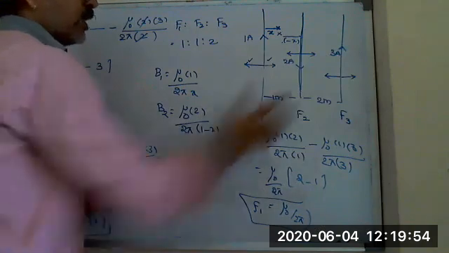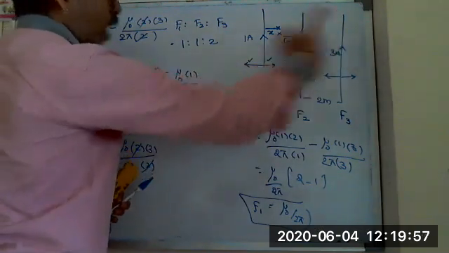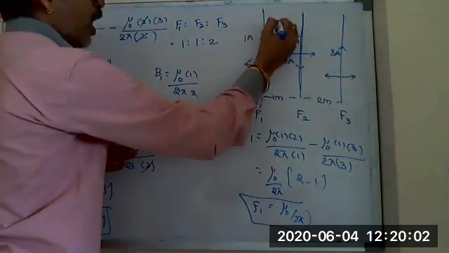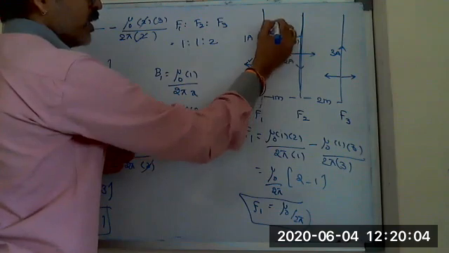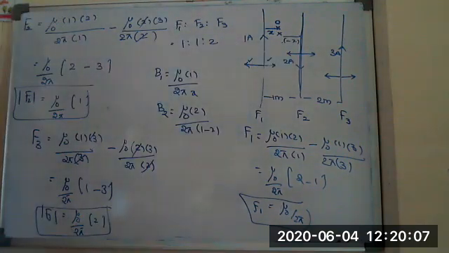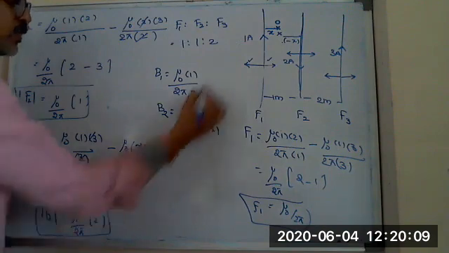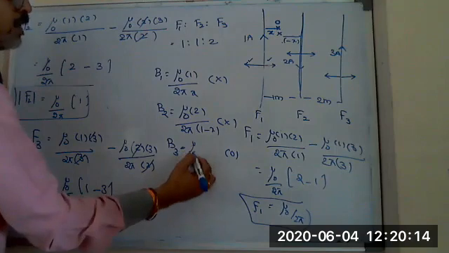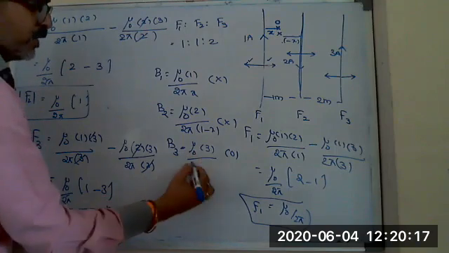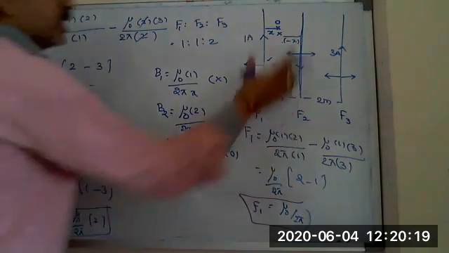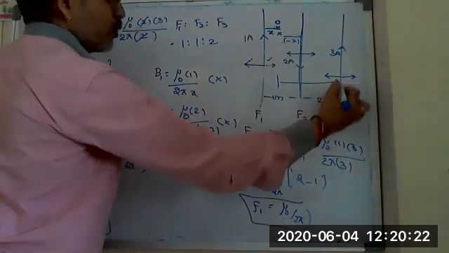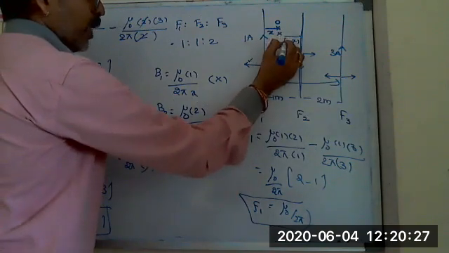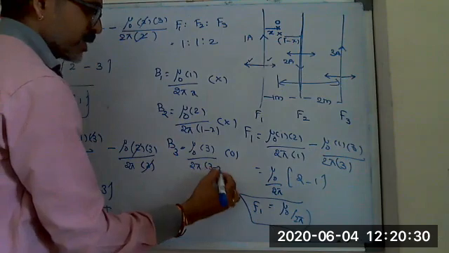And due to the third conductor, look at here, this will be outwards at the point. Outwards means the third one gives out here. First one, second one, and third one. Third one, B3, is outwards. These two are into, and this is out. Mu naught I is 3 by 2 pi into the distance up to the point, which we have to measure, that is 2 plus 1 minus x, which is 3 minus x.